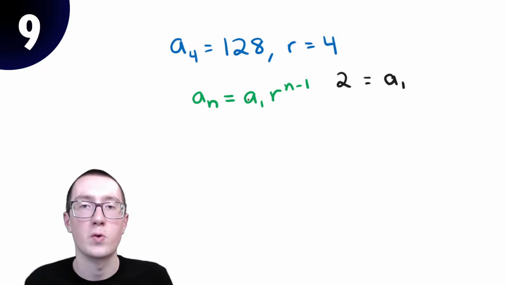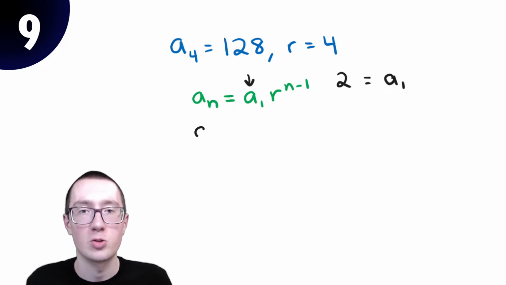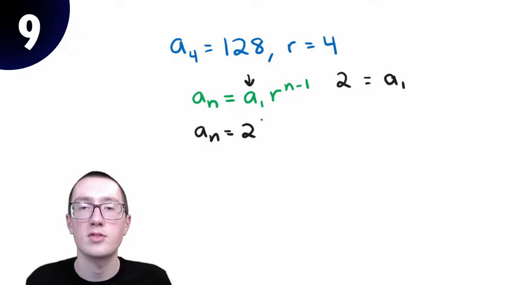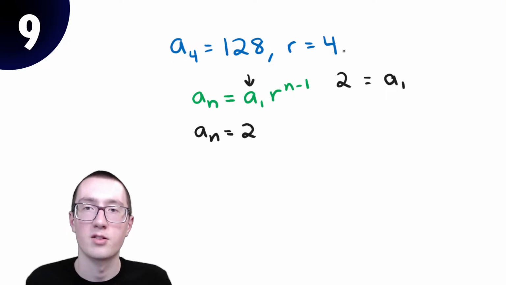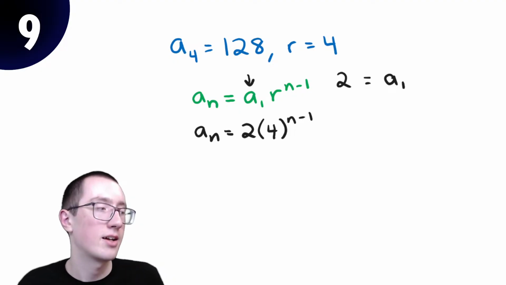And remember that for the equation of a geometric sequence, all we have to plug in is A1. Everything else is going to stay the same. So we're going to rewrite this, except, oh, wait, hold on. Sorry, I've been saying that you don't have to change anything else. We actually have to change the R. The R is 4 in this case. That's my bad. But the n is going to stay the same